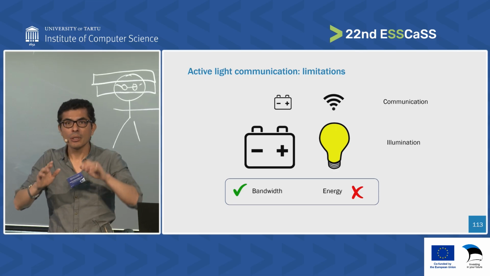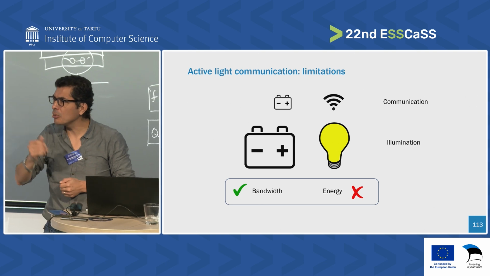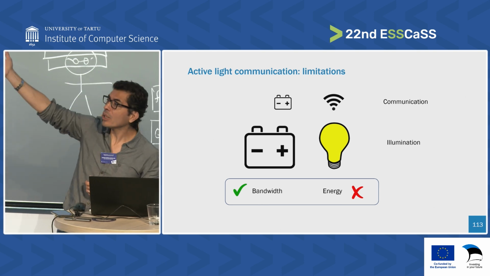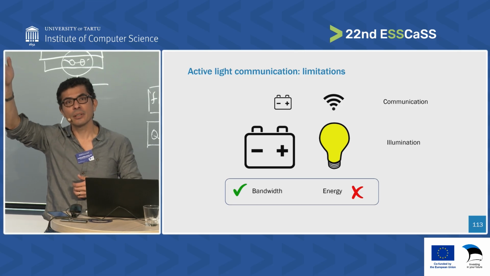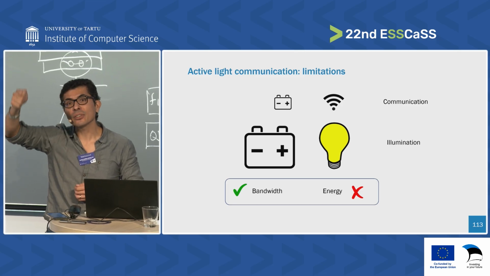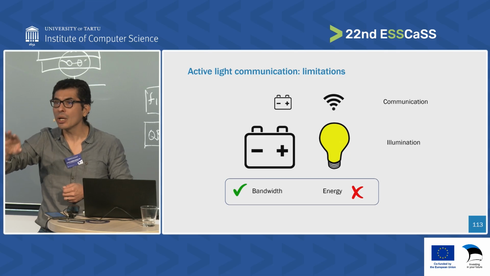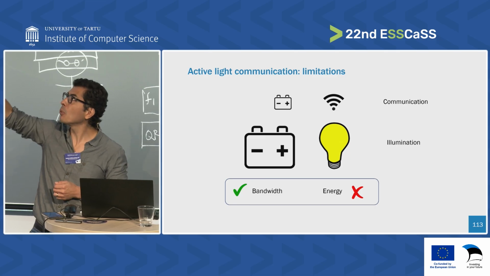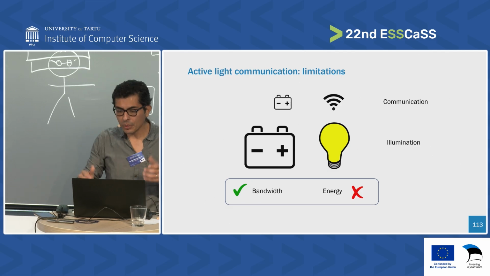Then it's good because you have to turn those lights on and you just add a little bit to get communication. But if we would have ambient light, it doesn't make sense to turn on these lights. And if you turn on these lights just for the purposes of communication, in terms of energy, it is not good. We would be consuming more than what we are using with our Wi-Fi routers. So with this